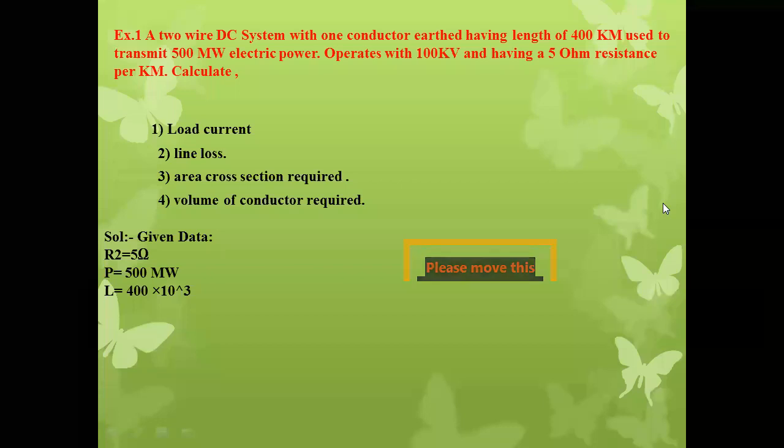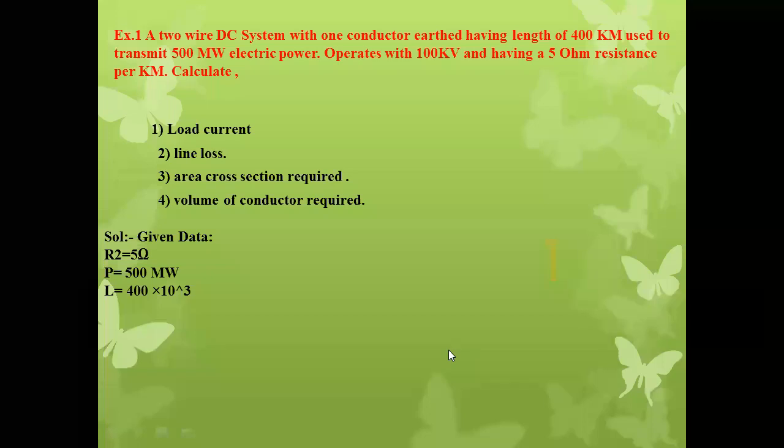What is the value for the line loss? Tell me. Anyone tell me? You can mute yourself and tell me the answer. 24 people are connected. Tell me, anyone. Otherwise, I will call the numbers. Tell me, roll number 4. What is the value for the line loss? Mute yourself and tell me.